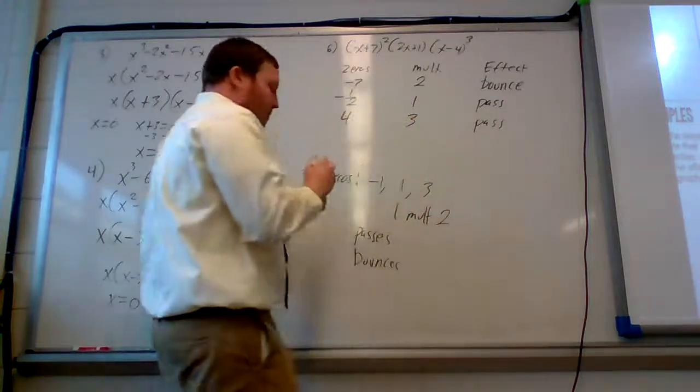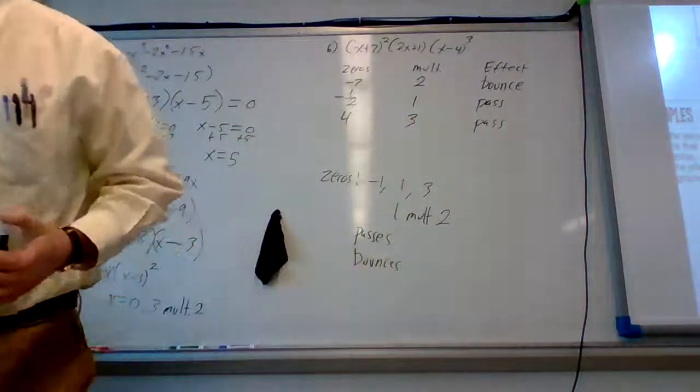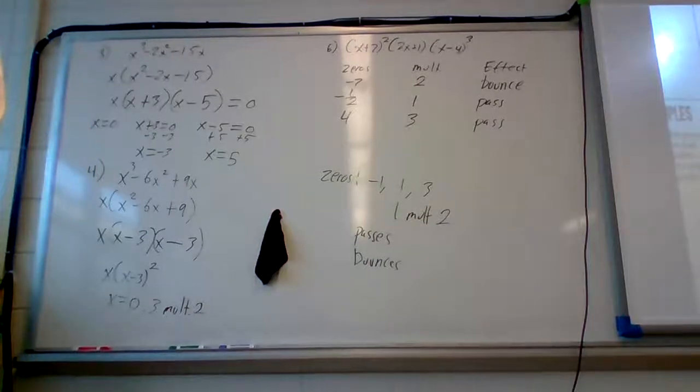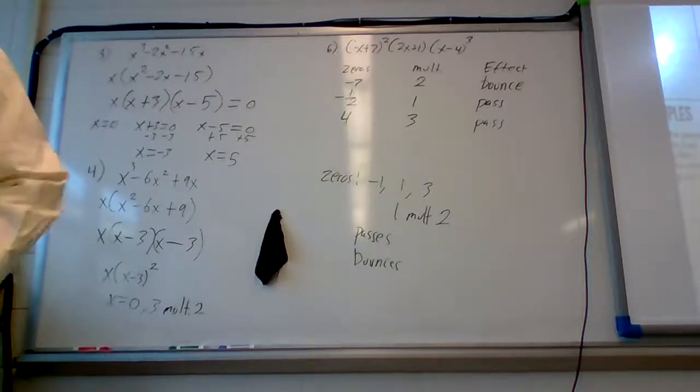Right. And again, we can check. We plug it right into the calculator. So we got x plus 7 squared times 2x plus 1 and x minus 4 cubed. So if we graph it,